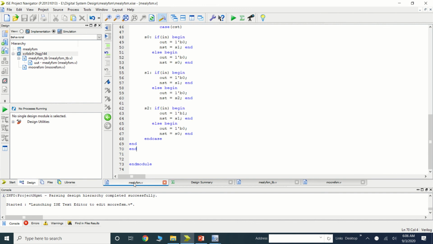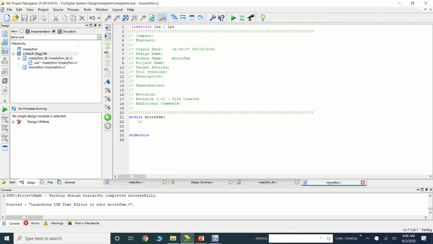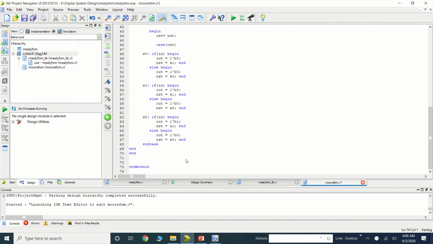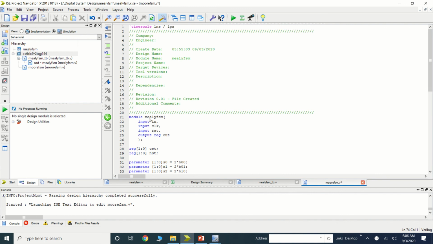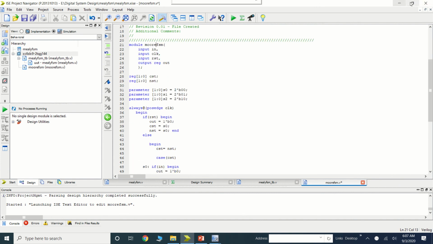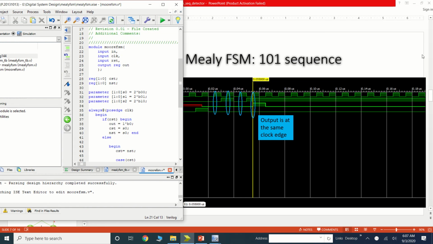So the same Mealy I am just taking for the Moore, and according to the state we'll change it. So here what I am first changing, I am changing the module name. The module name is my Moore FSM. The input and all would remain same, but what is the main difference, as we saw in this?